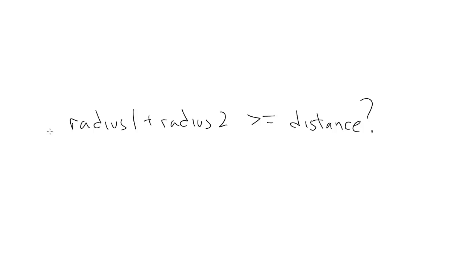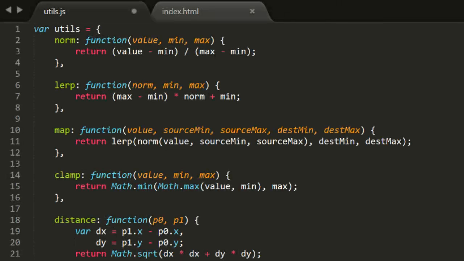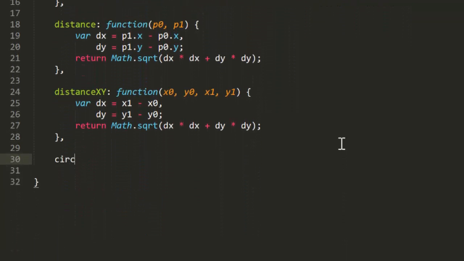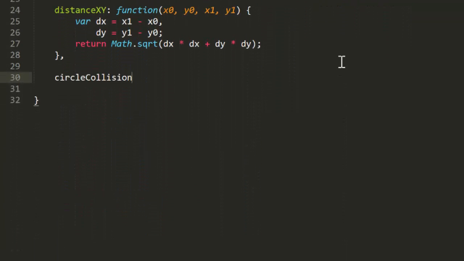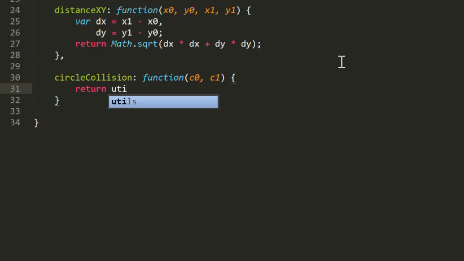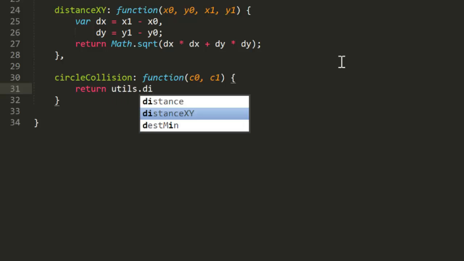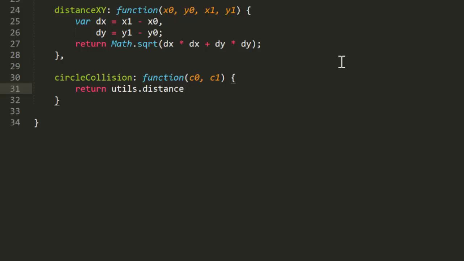If so, they're hitting. Now in our utils.js file, I've added the distance and distance xy methods we created in mini number 5. I'm now going to add a circle collision method. This will take two objects. We'll assume that these objects are circles and they have xy and radius properties. So in here we can say return distance of c0, c1 is less than or equal to c0 radius plus